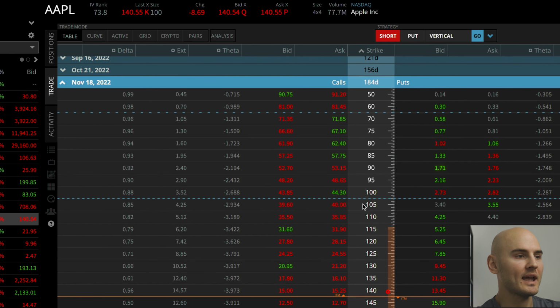So that would be a good thing to own, a deeper in the money call, because it would more closely resemble long stock. And also, this option is trading for $44, and it only has $3.50 of extrinsic value, meaning that a much smaller percentage of its price is extrinsic value as compared to that 120 call. And that's good, because when we're setting up a poor man's covered call, we want to buy that deep in the money call option with little extrinsic value so that it can closely resemble owning 100 shares of stock,